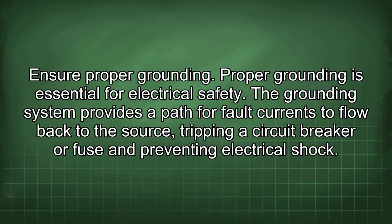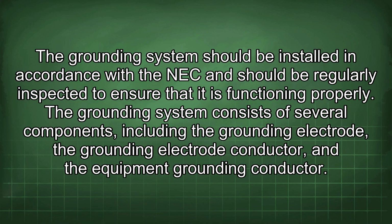Proper grounding is essential for electrical safety. The grounding system provides a path for fault currents to flow back to the source, tripping a circuit breaker or fuse and preventing electrical shock. The grounding system should be installed in accordance with the NEC and should be regularly inspected to ensure that it is functioning properly. The grounding system consists of several components, including the grounding electrode, the grounding electrode conductor, and the